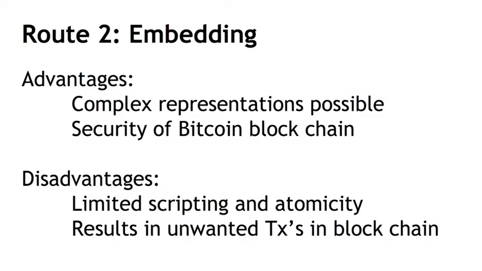Another thing to think about is that it results in unwanted transactions in the Bitcoin blockchain. Now, unwanted is a contentious word. This is a controversial property. Some people say that this is just fine, but some people say that you're using the Bitcoin blockchain for unintended purposes, for purposes other than currency, and so they try to discourage this kind of use. I'm not necessarily taking a moral stance on this, but just pointing out that these are the things that one wants to think about if you're using embedding as a vehicle for decentralization.